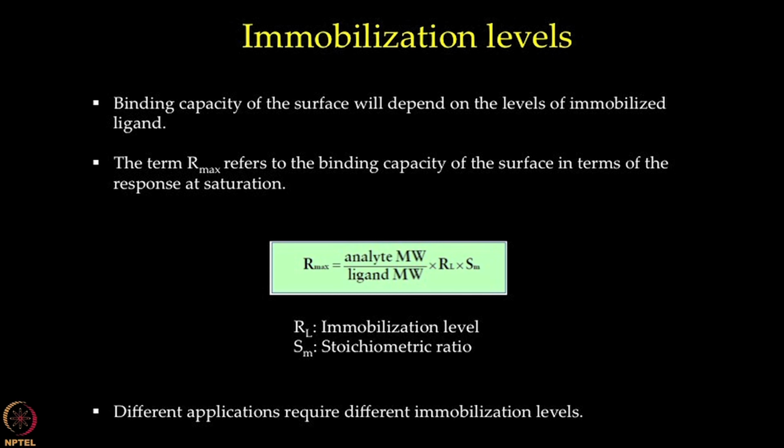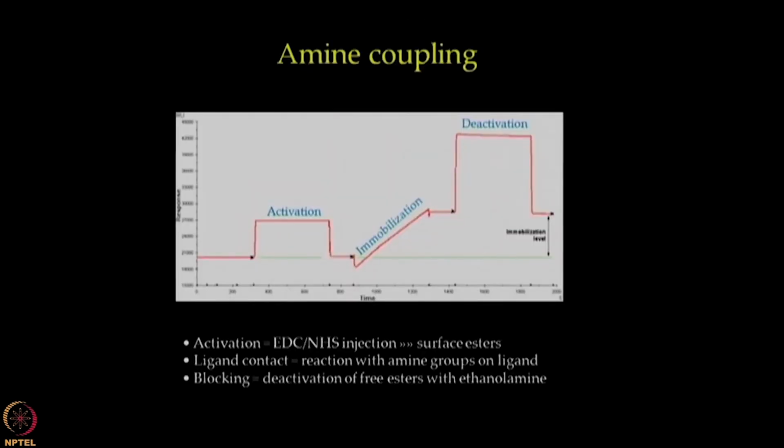This could be because of several reasons, such as the ligand is not fully active or that there is steric hindrance in the interaction. Different applications may require different binding capacities and thus different immobilization levels. A low Rmax is often beneficial in kinetic analyses, while higher immobilization levels are advantageous in binding analyses and concentration measurements. Today, we are going to immobilize the antibody on a CM5 chip using amine coupling chemistry, and the figure